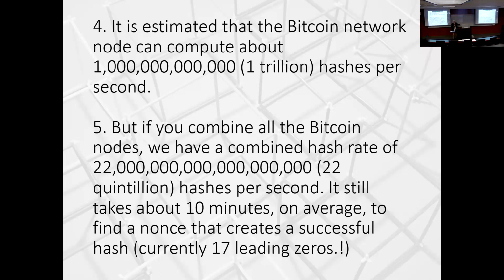Again, coming into the nonce, you have the Merkle tree root. And the Merkle tree root is just a string of 64 hex characters. So you have no information about what kind of nonce will create a hash with 17 leading zeros. You have no information about that, so you just trial and error, trial and error. And it still takes about 10 minutes to do that.